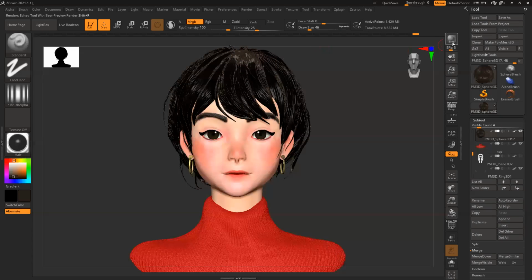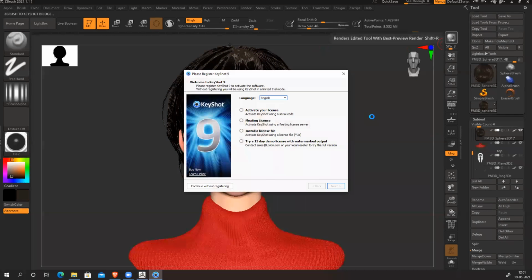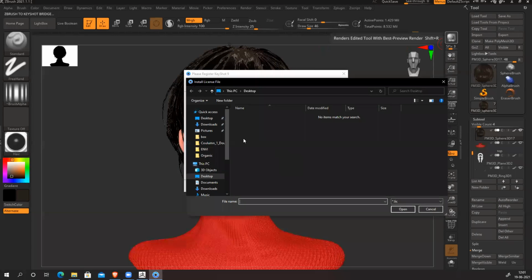So select that, click on BPR. Unless you click on BPR Keyshot, it won't create. It's basically the Keyshot bridge. What it will do is export the entire file. Okay, install license.